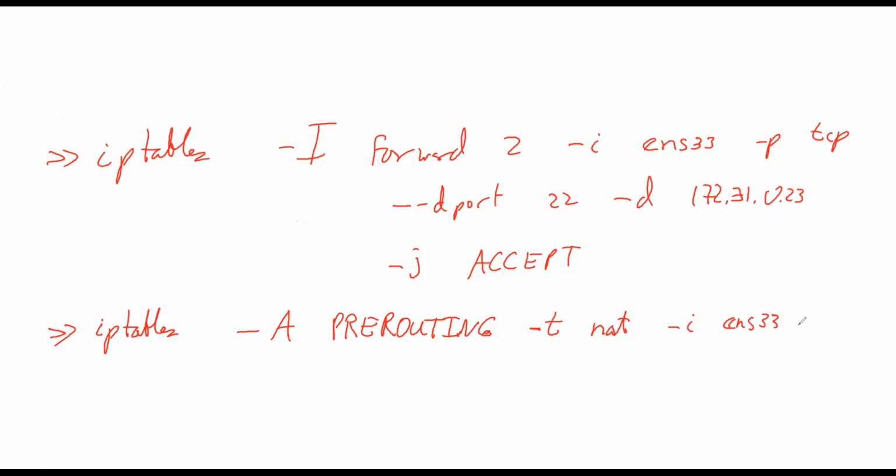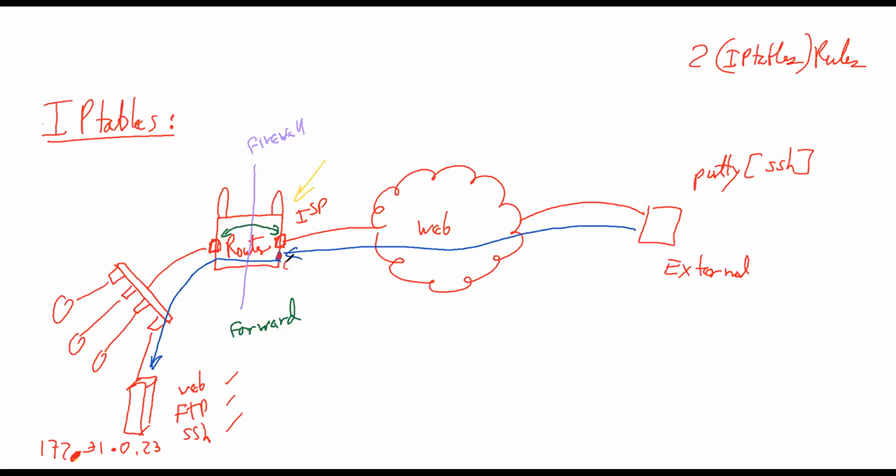You're just going to say the protocol again. So this applies to TCP packets, okay? And then the port, now this is the important thing because this will open up the port on the outside. You're going to say, let's say 4,000. So that basically means that now the router